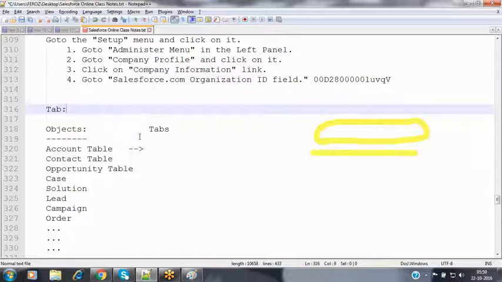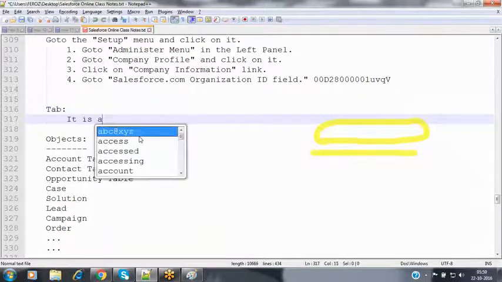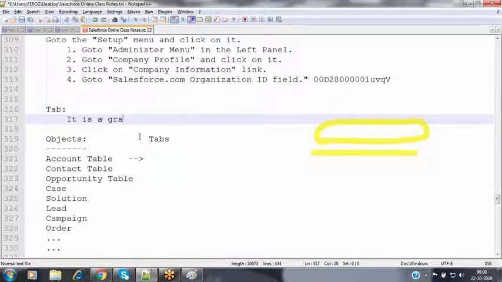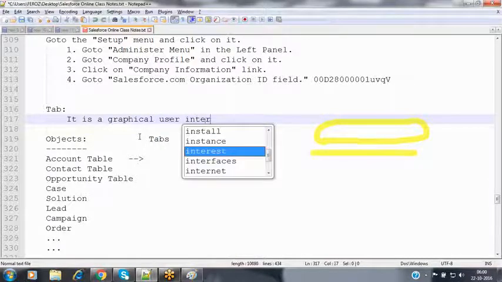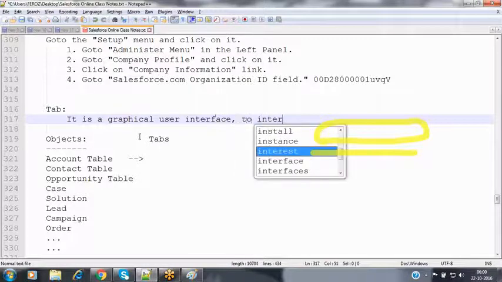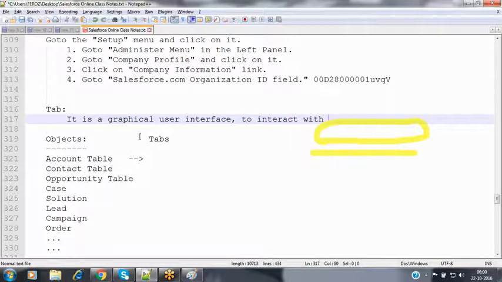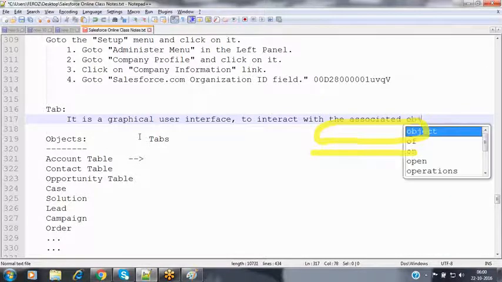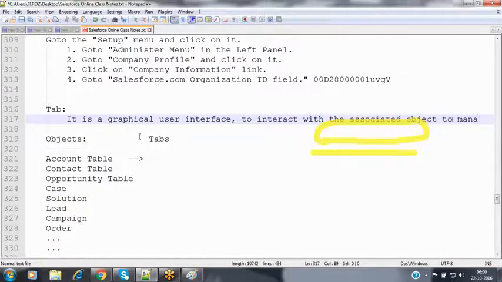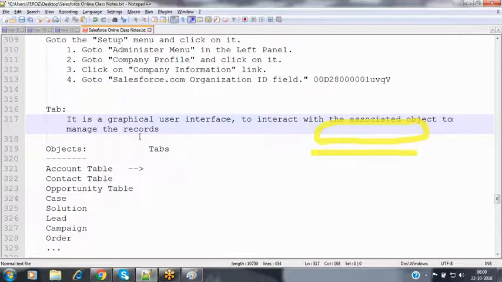Let's see what exactly a tab is. It is a graphical user interface to interact with the associated object to manage the records inside it.